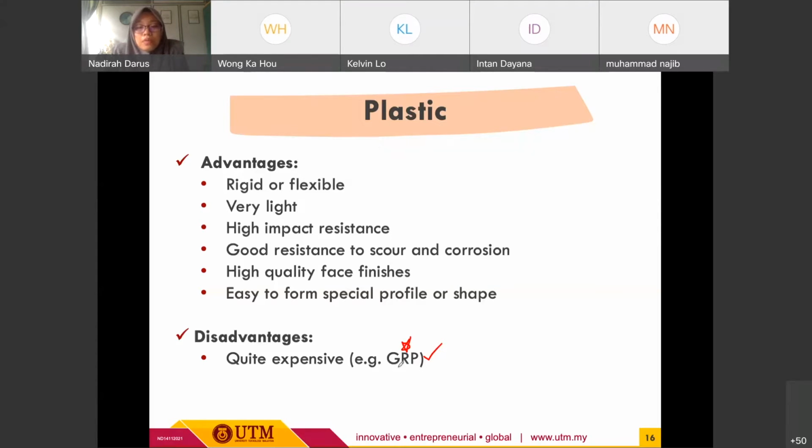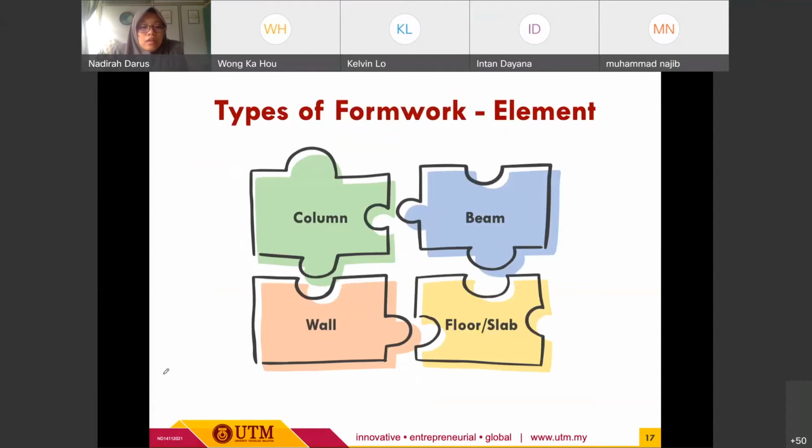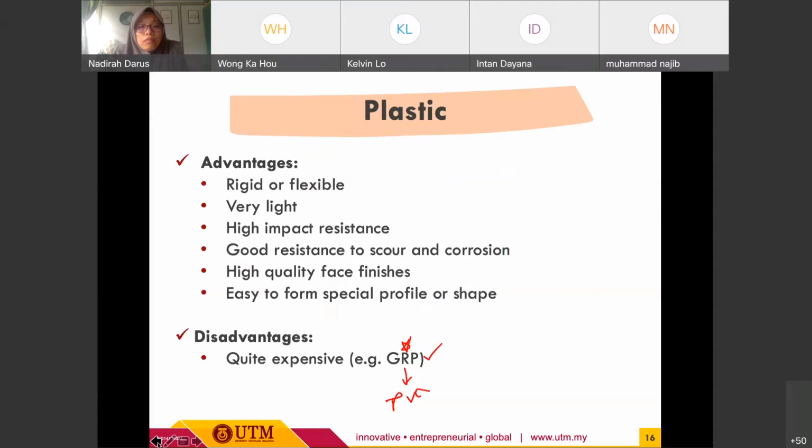Apart from GRP, we usually also have the PVC type, polyvinyl, if I'm not mistaken, polyvinyl chloride plastic type, PVC, or GRP. But GRP is quite expensive. Alright. So for the rest, you can do your own study and search for related references regarding this type of formwork